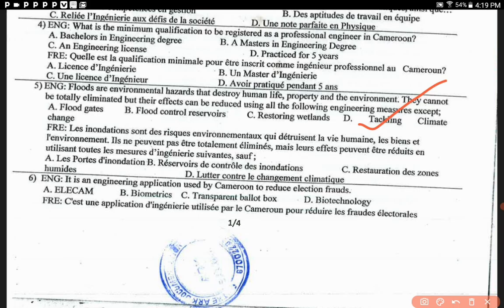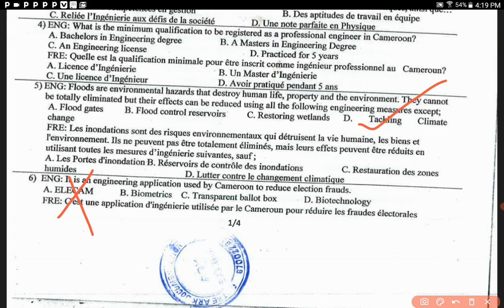Now let me start by eliminating ELECAM, which many people think is the answer. The answer to this question is not ELECAM. ELECAM simply means Elections Cameroon, and Elections Cameroon is the name of the organization that runs the elections,